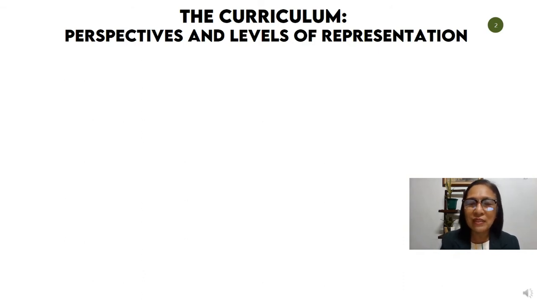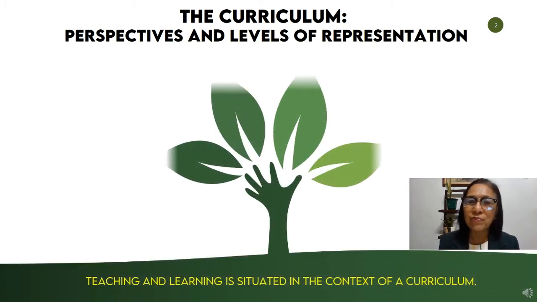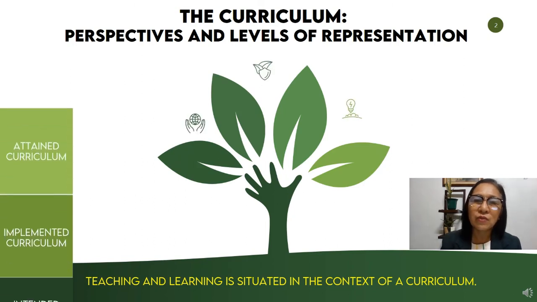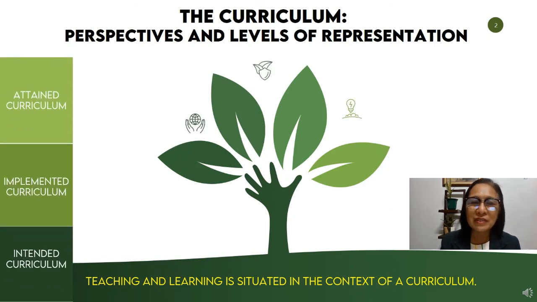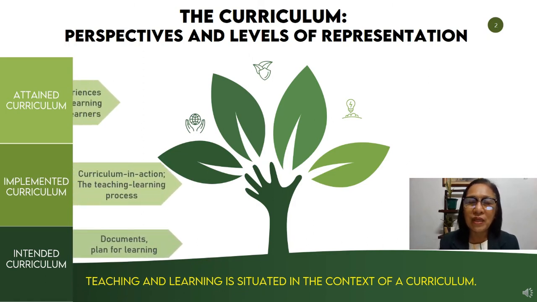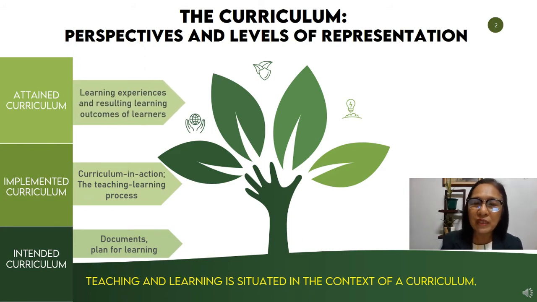All teaching and learning in formal educational systems, such as our schools and universities, are situated in the context of a curriculum. So first, let's look at the three levels of curriculum representations, namely the intended, the implemented, and the attained curriculum. The intended curriculum may have been in place in the form of curriculum guides, program prospectus, course syllabi,